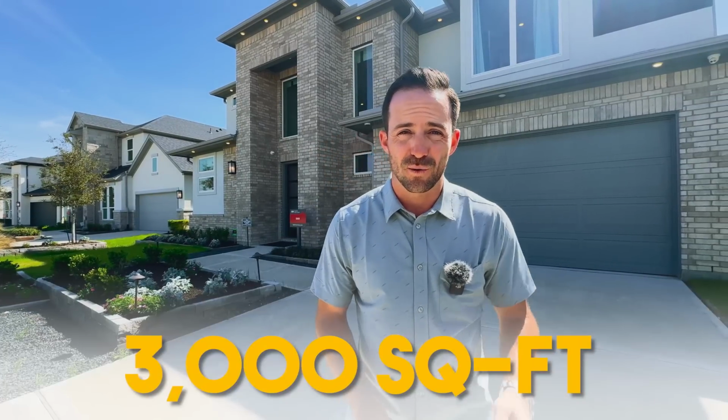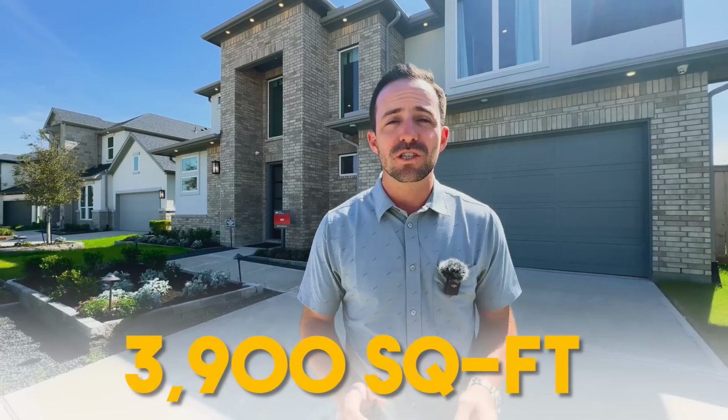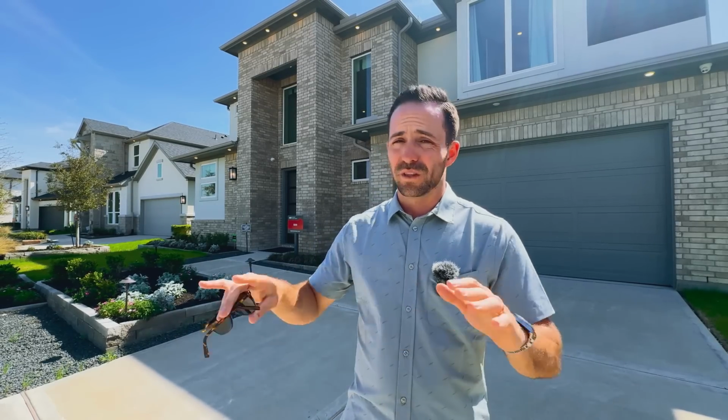That being said, the 60-foot products are gonna range in square footage on the smaller side from 3,000 square feet, and then they're gonna go all the way up. If you add all of the extra bonus rooms, options, media rooms, game rooms, 5th bedrooms, you can get all the way up around 3,900 square feet. And these are gonna start around $600,000, and they're gonna go all the way up to around the $800,000 price point. So you can get the 2 homes that you saw behind me here, really well appointed with all of these same finishings around that $800,000 mark with these great schools and these great amenities, which I'm excited to